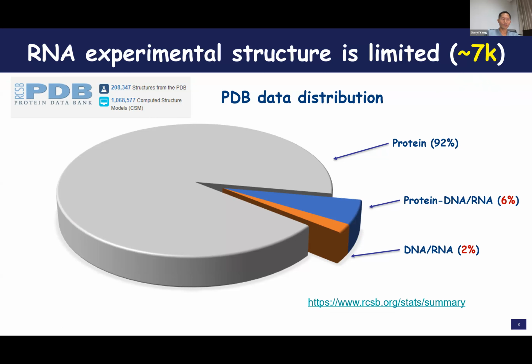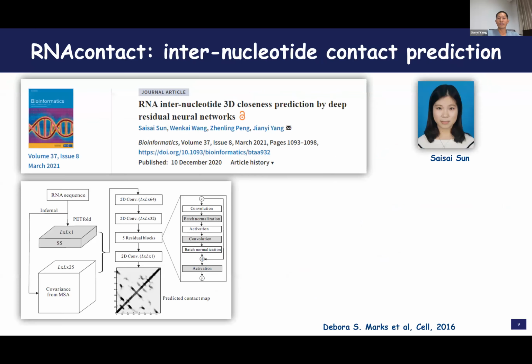But we can also try to see whether deep learning can be used for RNA structure prediction, mostly inspired by the protein structure prediction problem. In fact, our group studied this problem a few years ago when we were studying protein inter-residue contact prediction. After that, we tried to see whether deep learning could be used or not. I think this is the first deep learning based approach to RNA internucleotide contact prediction, published only a few years ago.